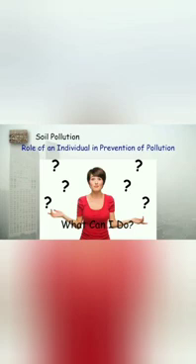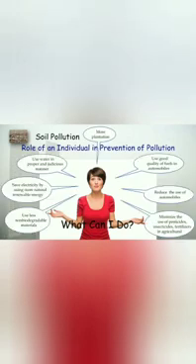At the end, the role of an individual: what can one person do for solid waste management? There are many ways. First, go for more plantation. Secondly, use good quality fuels for automobiles. Then reduce the use of automobiles. Minimize the use of pesticides, insecticides or fertilizers in agriculture. Use water in a proper and judicious manner. Then save electricity by using more natural renewable energy. Then use less non-biodegradable material. These are some of the ways by which we can help in preventing soil pollution. There are many more ways which we can also include here.